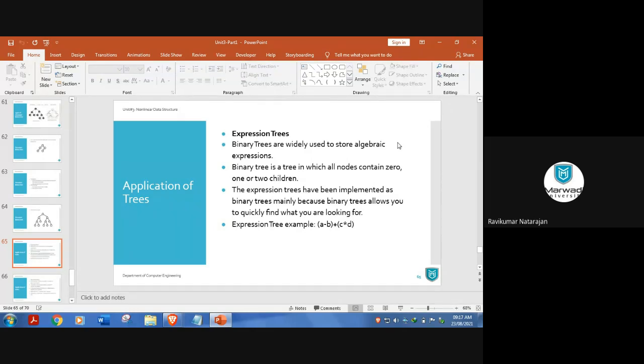No idea? You can guess something. Just tell me what we can do with trees, why we are learning this tree. No idea?